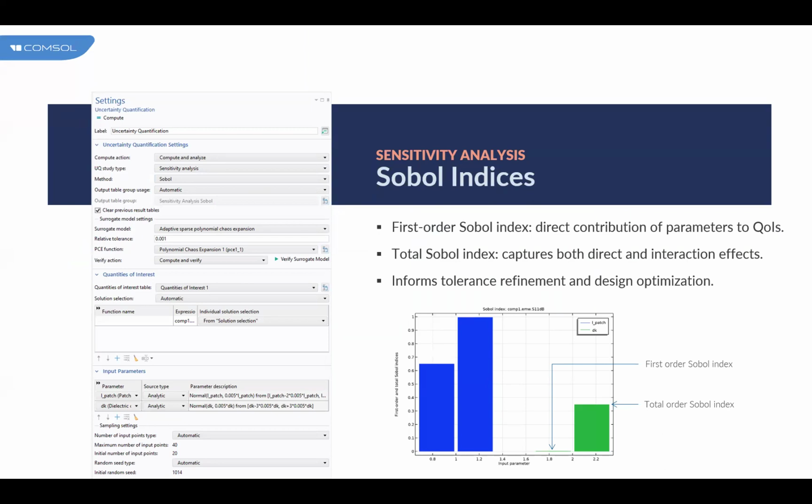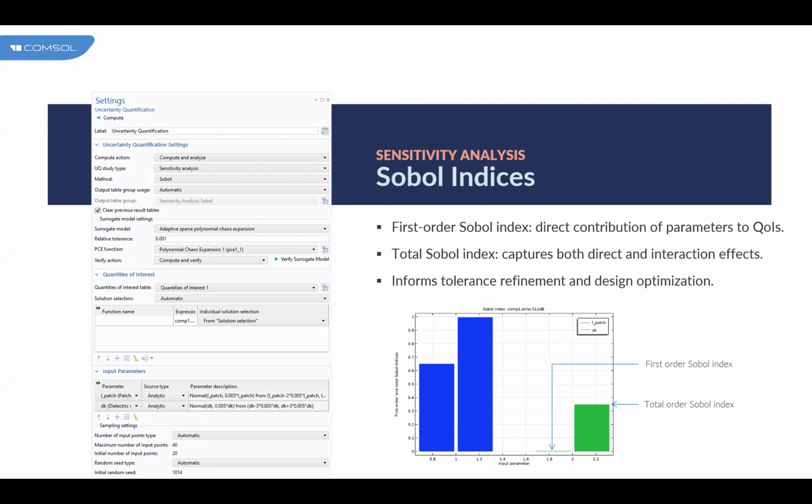While screening is used to qualitatively rank the significance of input parameters, sensitivity analysis using the Sobol method quantifies the contribution of each input parameter to the variability in the model output. This method enables you to identify which parameters have the most significant impact, both individually, measured by the first-order Sobol index, and through interactions with other parameters, as indicated through the total index. By analyzing these indices, we can refine manufacturing tolerances and optimize designs to enhance performance while minimizing variability. Sensitivity analysis ensures that engineering decisions are backed by a quantitative understanding of parameter influence, leading to more robust and